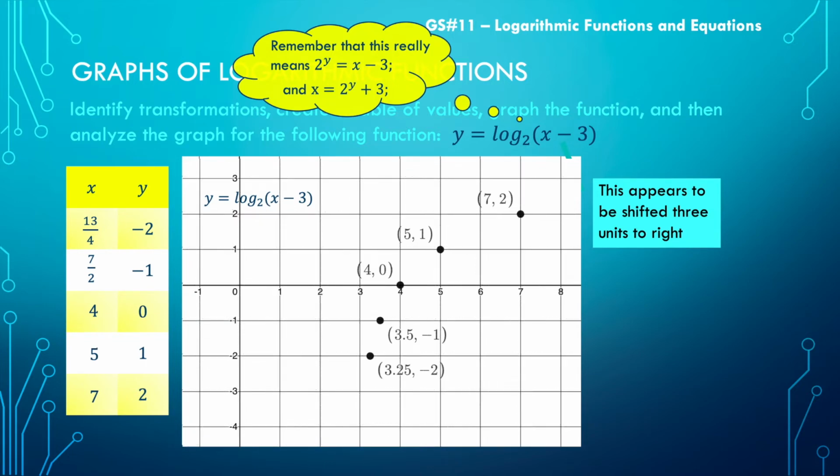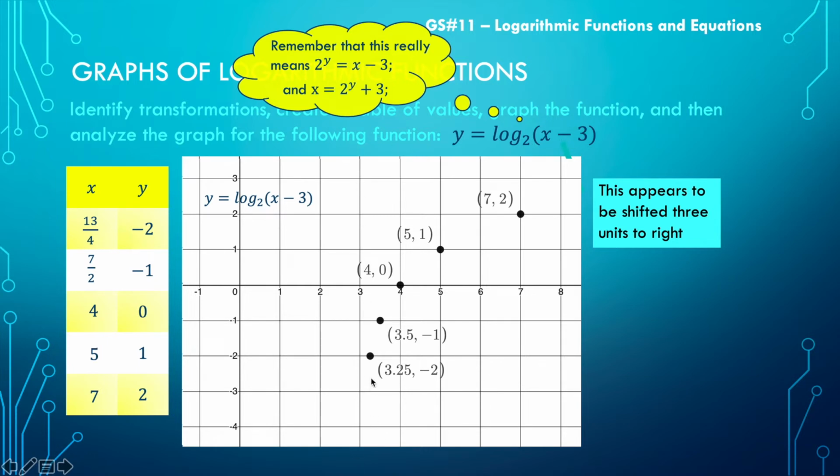So let's plot those points, and we can see that logarithmic curve starting to emerge, right? Okay, now we will want to definitely sketch the asymptote. And the asymptote is going to be found when we take the argument of the log and set it equal to 0. Remember, you can't take a log of something that equals 0. And so if we take that, we can find the location of our asymptote. So our asymptote is going to be at x equals 3,